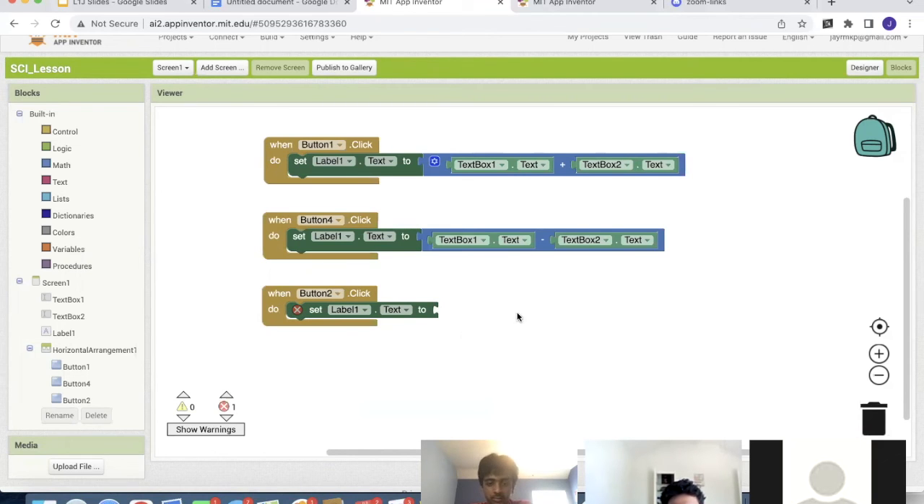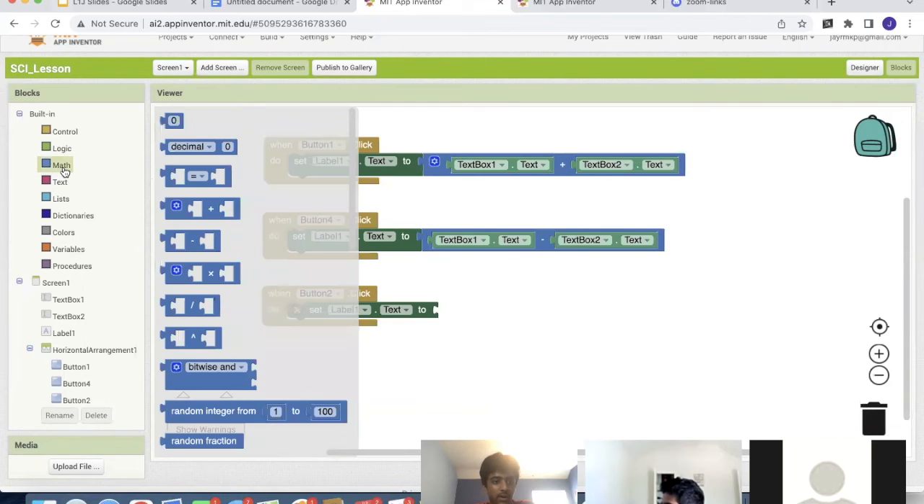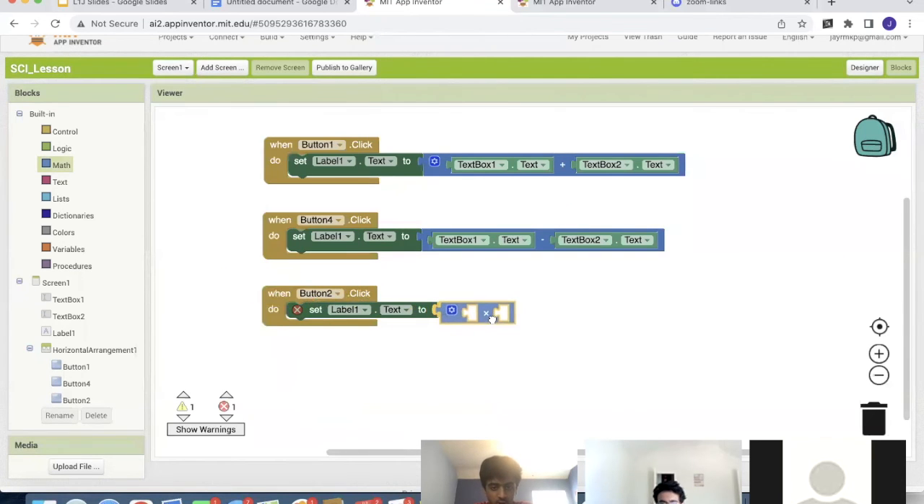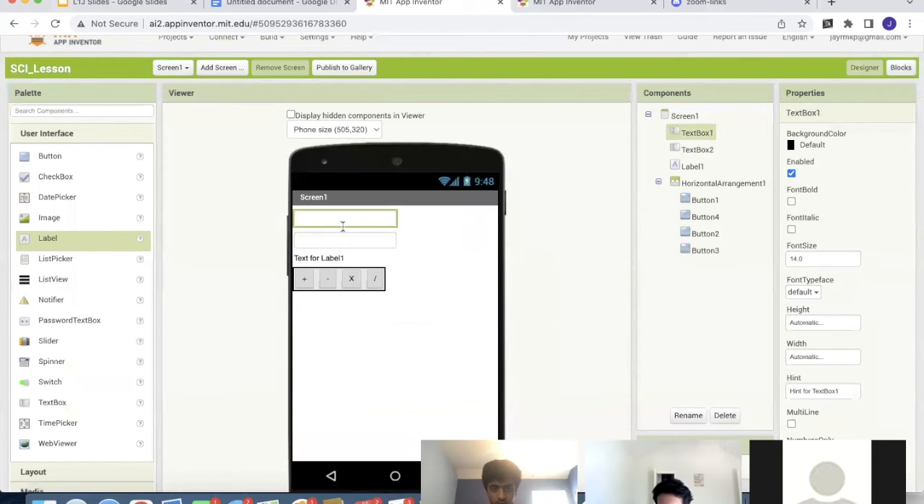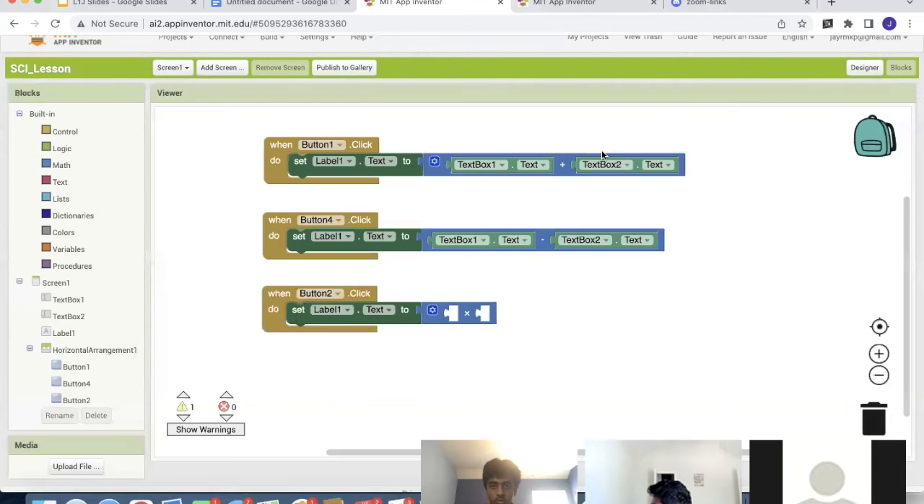Now that you do that, you want multiplication, right? So you can click on math, look for the multiplication symbol, which is right here, drag, and drop it here. Same thing like I said before. Text box 1 and text box 2 correlate to here and here. So if you want to enter in your values there, you can just copy here,